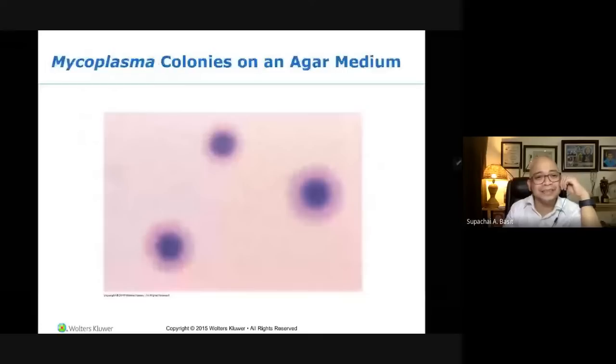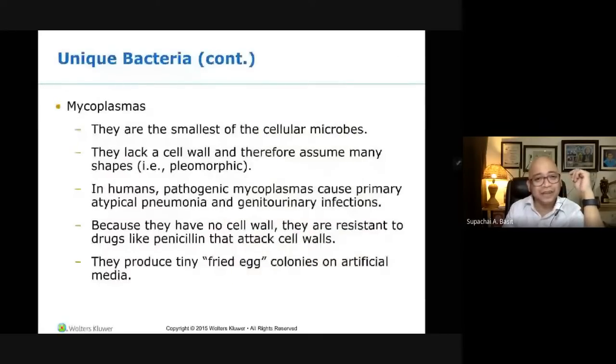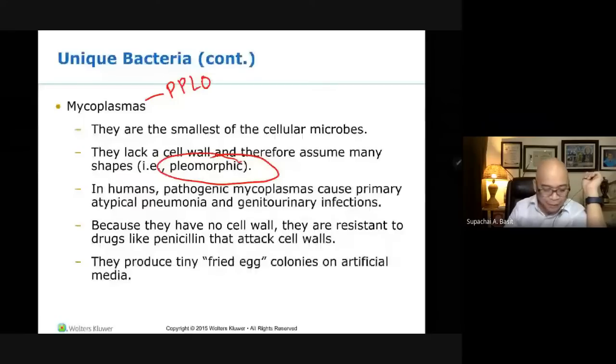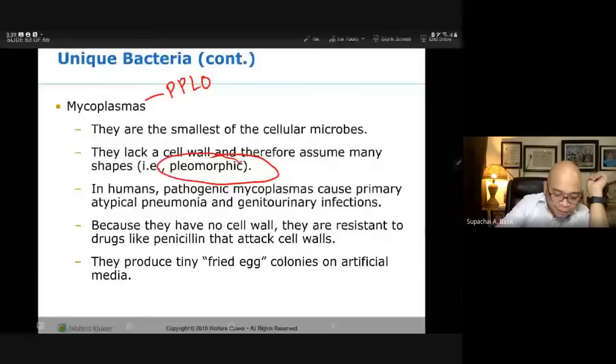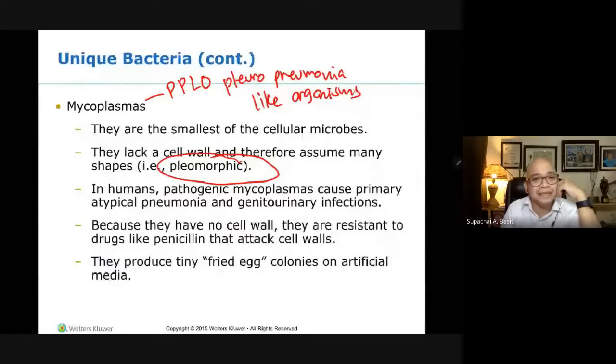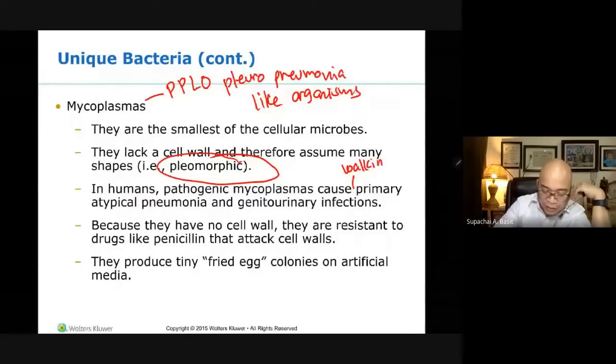Mycoplasma, on the other hand, are the smallest of the cellular microbes. So they lack a cell wall, therefore they assume a variety of shapes. So they are known as pleomorphic. In fact, we classify mycoplasma as PPLO, which stands for pleuropneumonia-like organisms. In humans, pathogenic mycoplasma causes primary atypical pneumonia. So this one is sometimes known as the walking